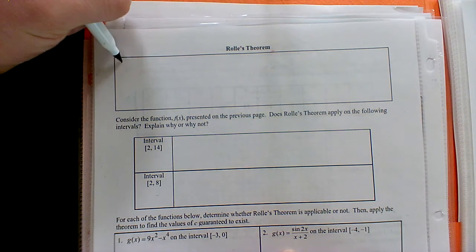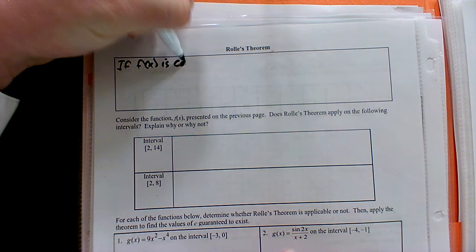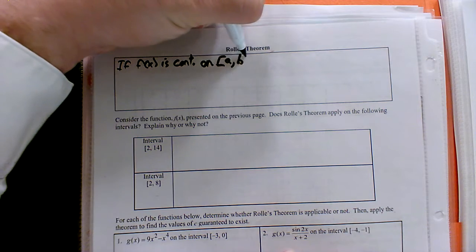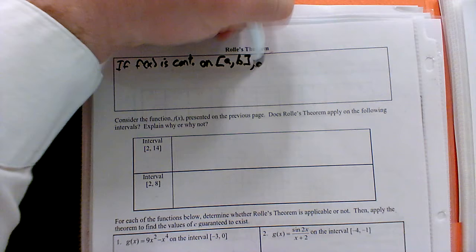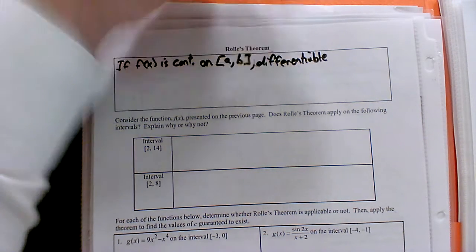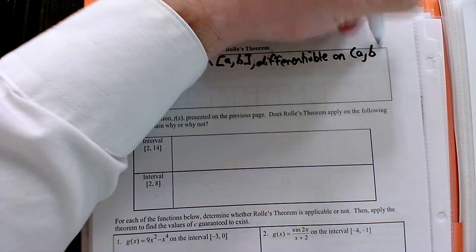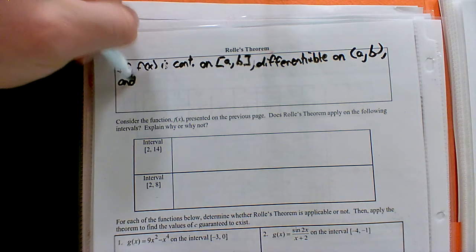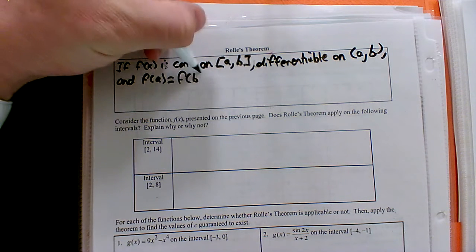So Rolle's theorem states: if f of x is continuous on the interval [a, b], differentiable on (a, b), and f of a equals f of b,